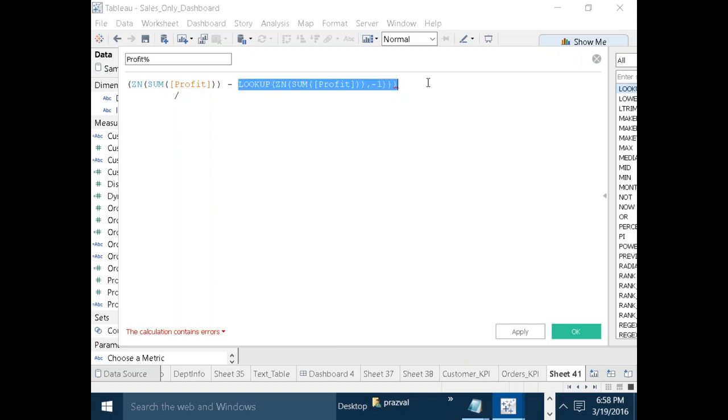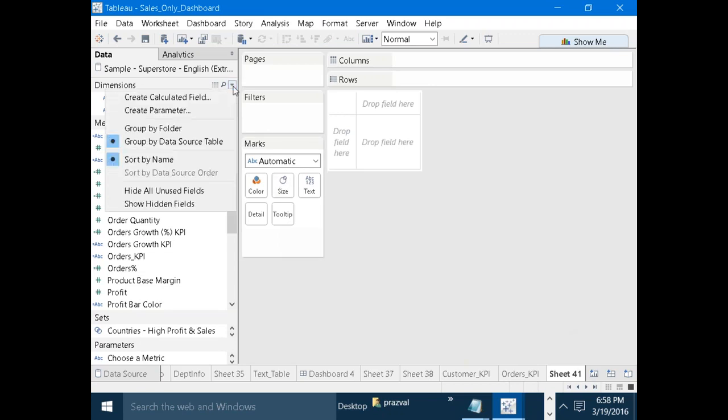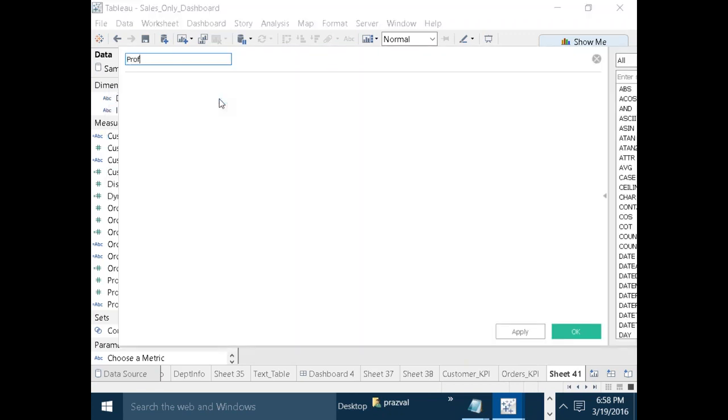take the entire, just press here and take it ABS. So let me check the brackets. Okay, the issue is mainly with the brackets. Yes. Just click on apply, click on OK. Now how to get the profit KPI? Click on drop down, so create a calculated field with the name profit KPI. Right, now here select if last equal to 0, then